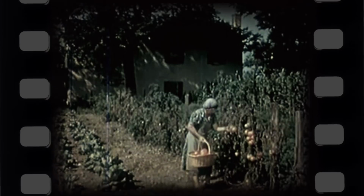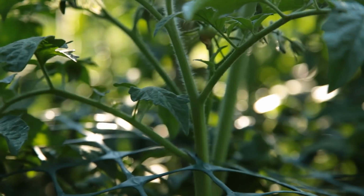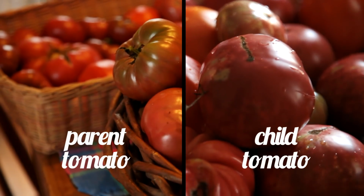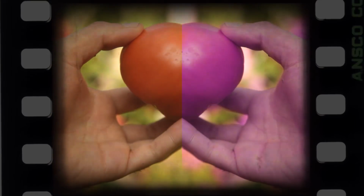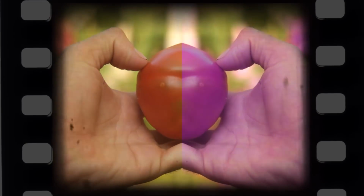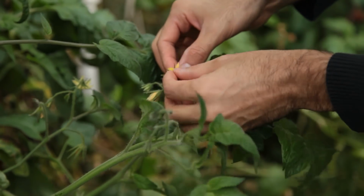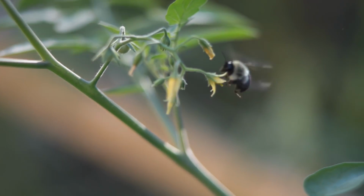The tomatoes I grow today are usually open pollinated heirlooms. They have been bred to bear true to seed. That is, a parent tomato will bear a child tomato with very similar characteristics. F1 hybrids are the first generation of a cross and are usually unstable. Tomatoes usually self-pollinate, but they are capable of interbreeding, but it is rarer and depends on the behavior of natural